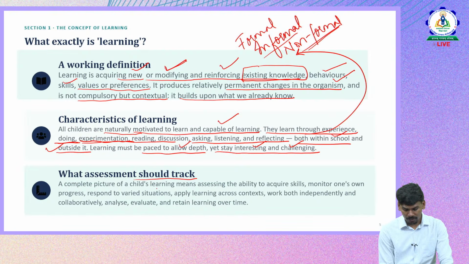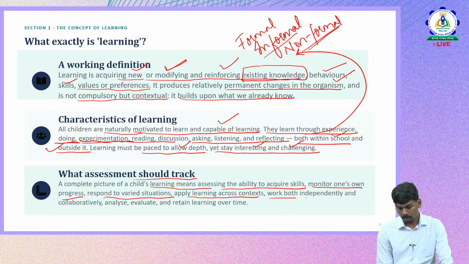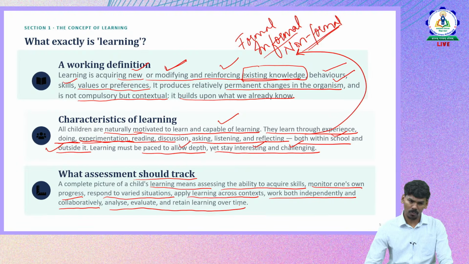A complete picture of a child's learning means assessing the ability to acquire skills, monitor one's own progress, and respond to varied solutions. Applying learning across contexts, working both independently and collaboratively, analyzing, evaluating, and retaining learning over time. So we have discussed so many words in assessment, and nowhere have you seen the term test or examination. If you look at assessment, a complete picture of a child's learning, a complete picture, what our NEP 2020 talks about,